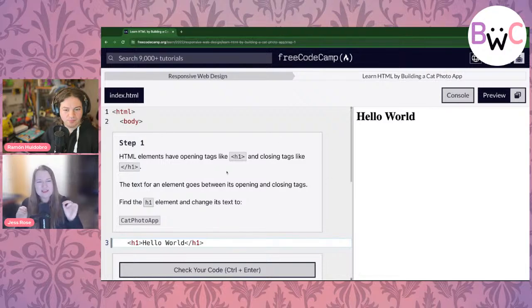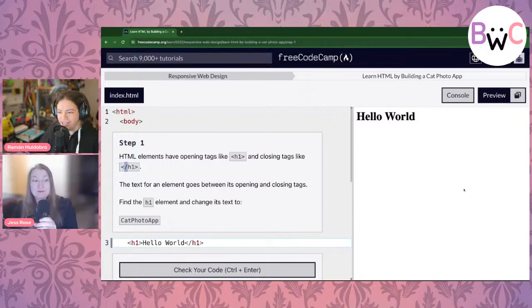So, HTML elements have opening tags with a double Pac-Man, and then a closing tag, which has a slash inside. So it's the same tag, but with a slash in the closing one. And just a preview, this isn't always true, but almost all HTML tags will look like this, where we have an opening tag, and here it's an H1. What's an H1? Ooh, I know this because I've gone a little bit ahead, but the H here stands for heading. Ah, a heading is sort of a title.